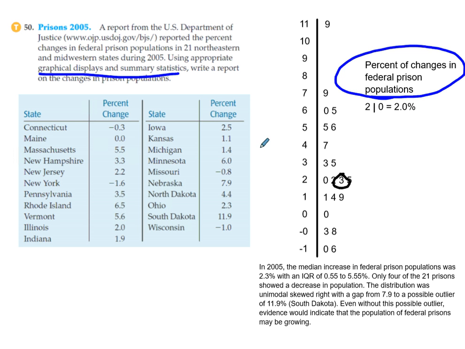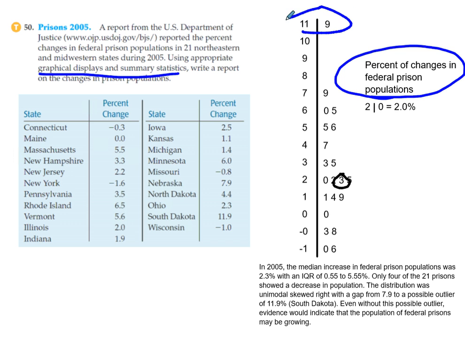There are some values that show decrease, so that's an interesting point. If there are points of interest, you want to speak to them. Not huge decreases, but decreases nonetheless. And then there is a gap from 7.9 to a possible outlier of 11.9. This is kind of a 2 for 1. I spoke to the gap and identified a possible outlier, which is always